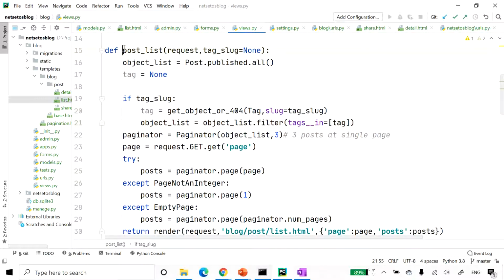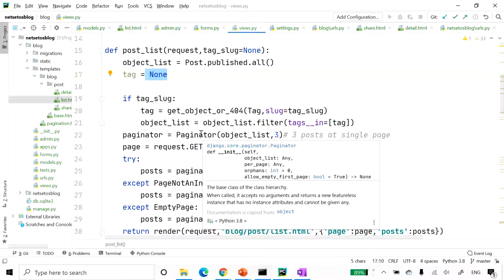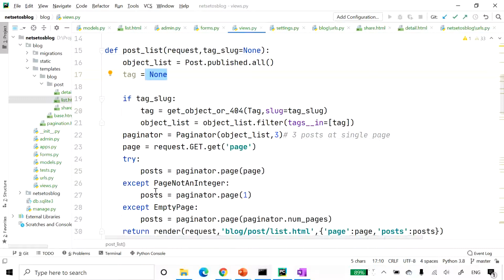Here post list function will have tag slug parameter that has been defined none by default. Then inside the view we have built initial query set, retrieving all published posts, and if there is a given tag slug, we will get the tag object with the given slug using get object or 404.